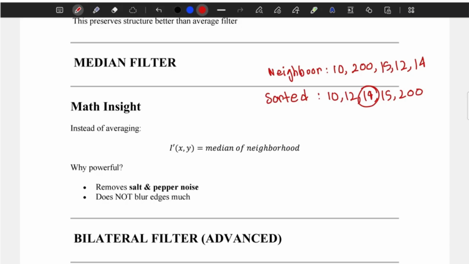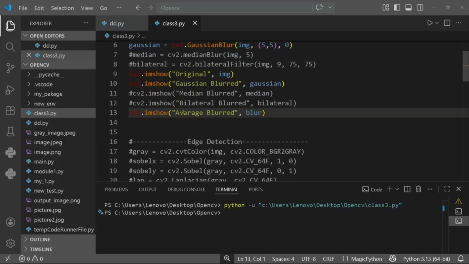So it removes the extreme values. For noise removal, it's a very great choice. Instead of averaging, we choose the middle value, which removes the noise without blurring the edges. Now let's see in the code how it actually looks like. Let's just comment it out,